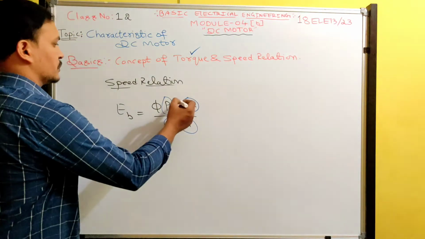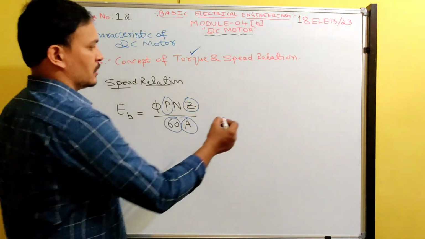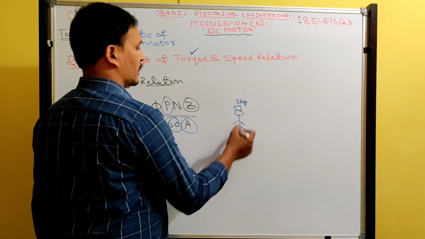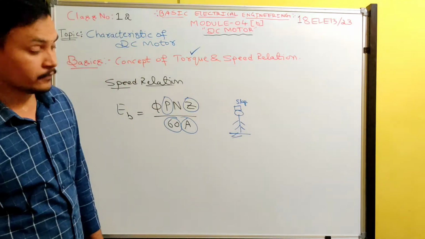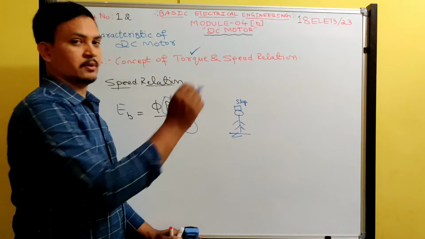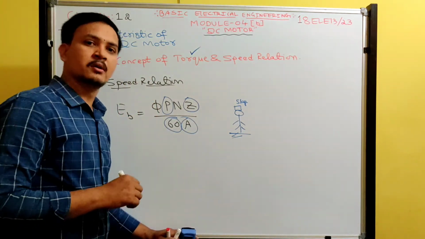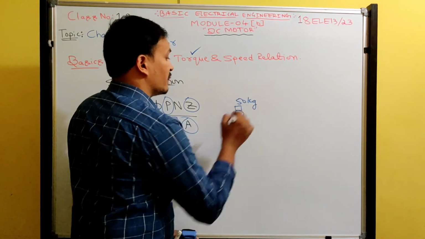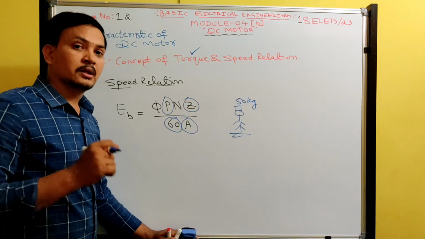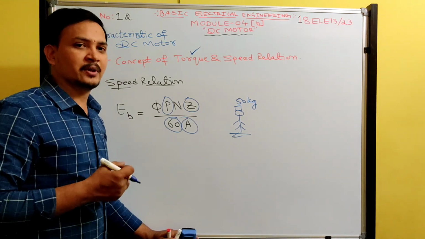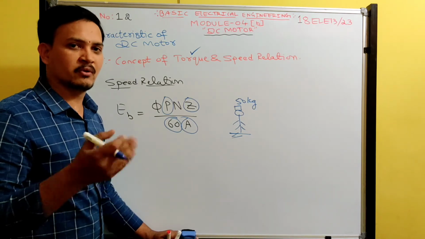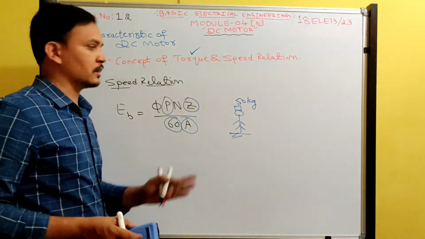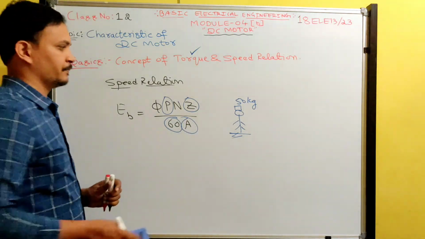Got it? Just like, suppose one person is carrying 5 kg. He will walk at a certain speed, and he may even run faster while carrying 5 kg on his head. Now if I put 50 kg on his head, I put more load. Will he run at the same speed? No, the speed is going to decrease. In the same way, for machines also, the natural concept is applicable.